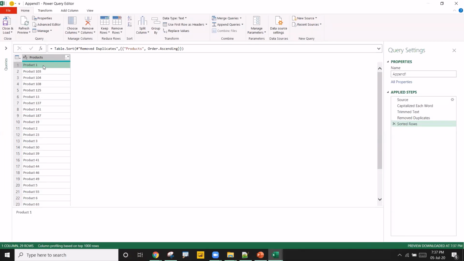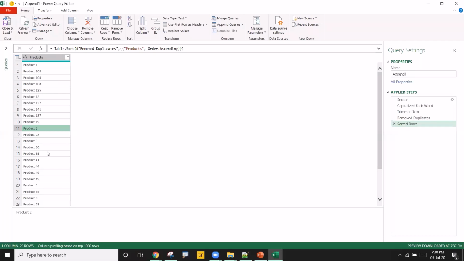That is fine. Oh, here you see Product 103, Product 104, 108. Then somewhere down Product 2 is showing. Nothing but all with the 1 are showing here. Guys, this is not a functionality of Power Query. Even if you do the similar sorting on normal Excel data, it will work the same way. It is not behaving as something new in Power Query. Correct? But our requirement is that after Product 1, Product 2 should be there, then Product 3, then Product 4,